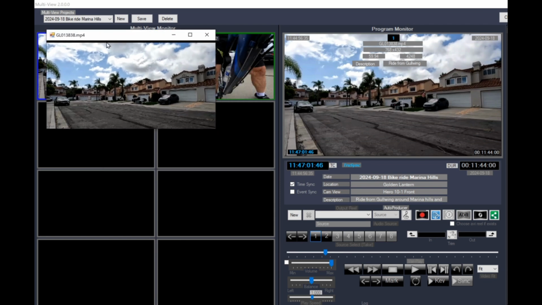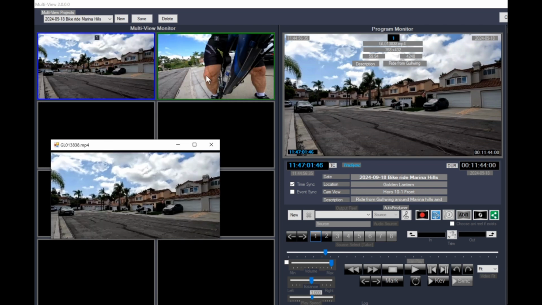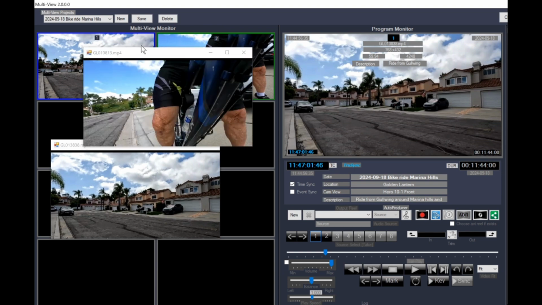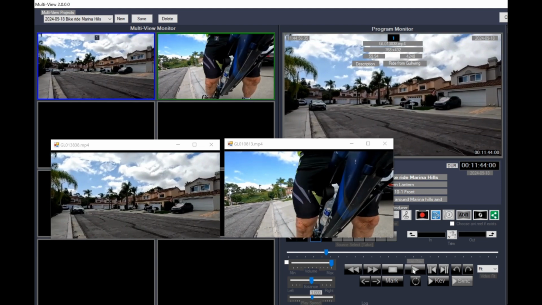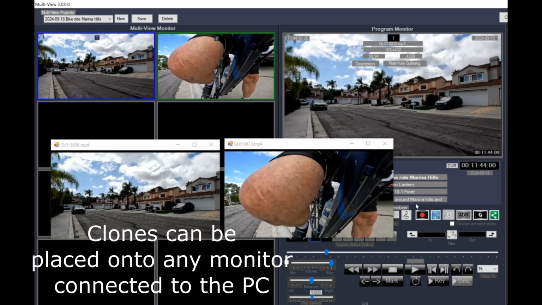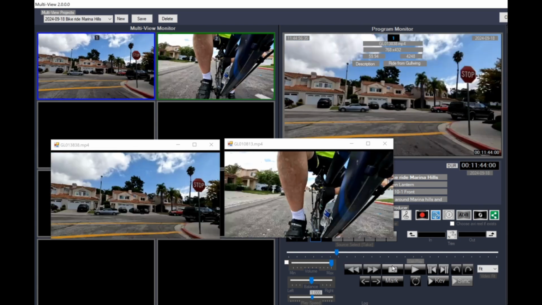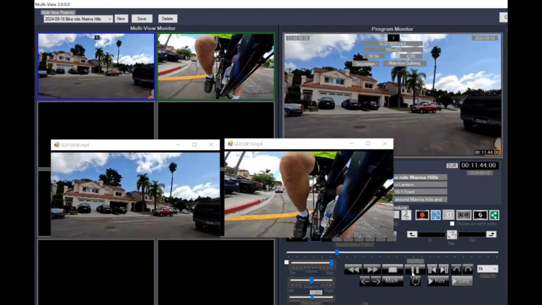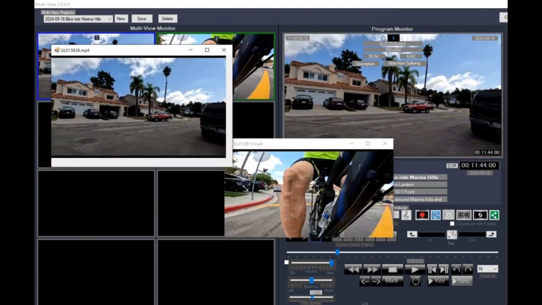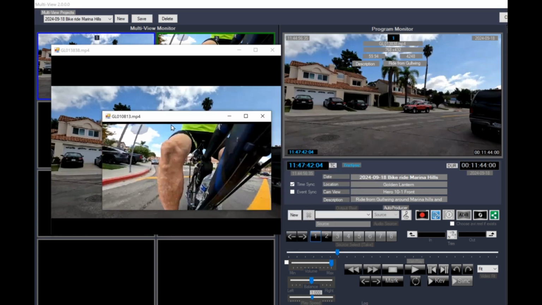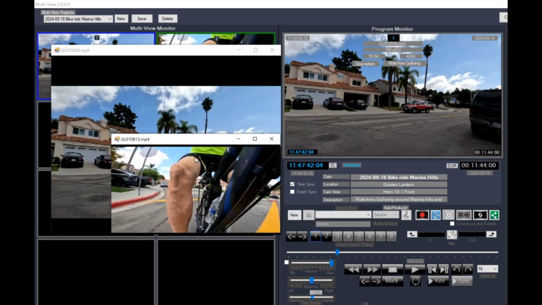And I can take that right now and put it aside, and then we're going to press 2 to bring up the second clone. So now I can play these together side by side. Of course, I can advance to any position, and they both, because we're in sync. And I can make these clones, of course, one larger, one smaller, maybe make a picture-in-picture,